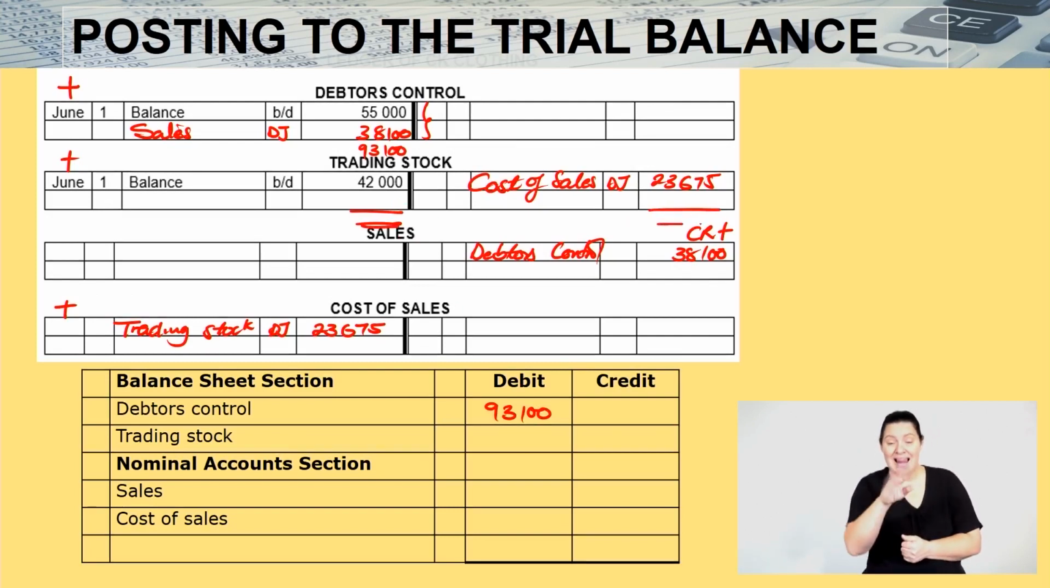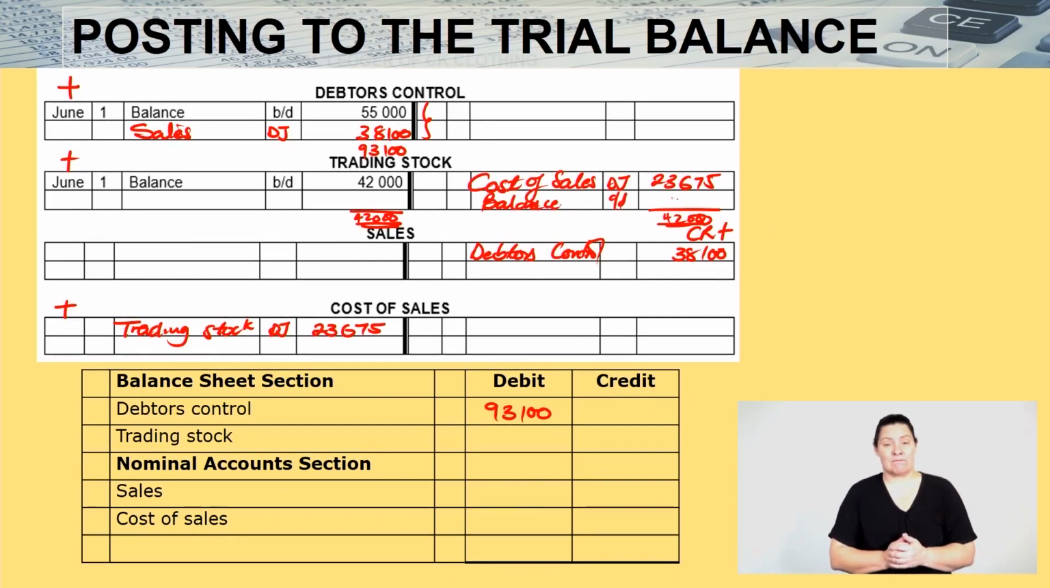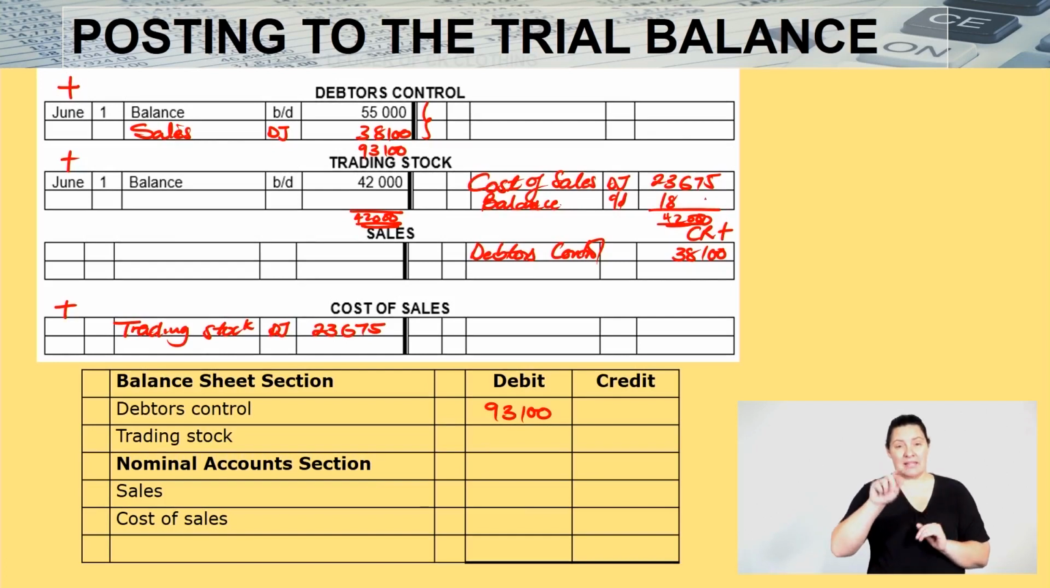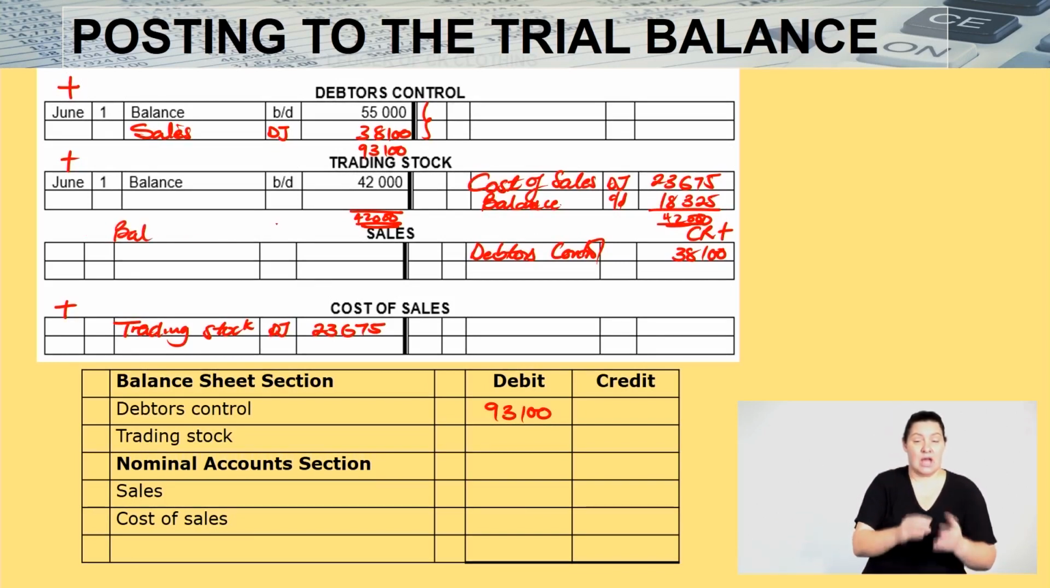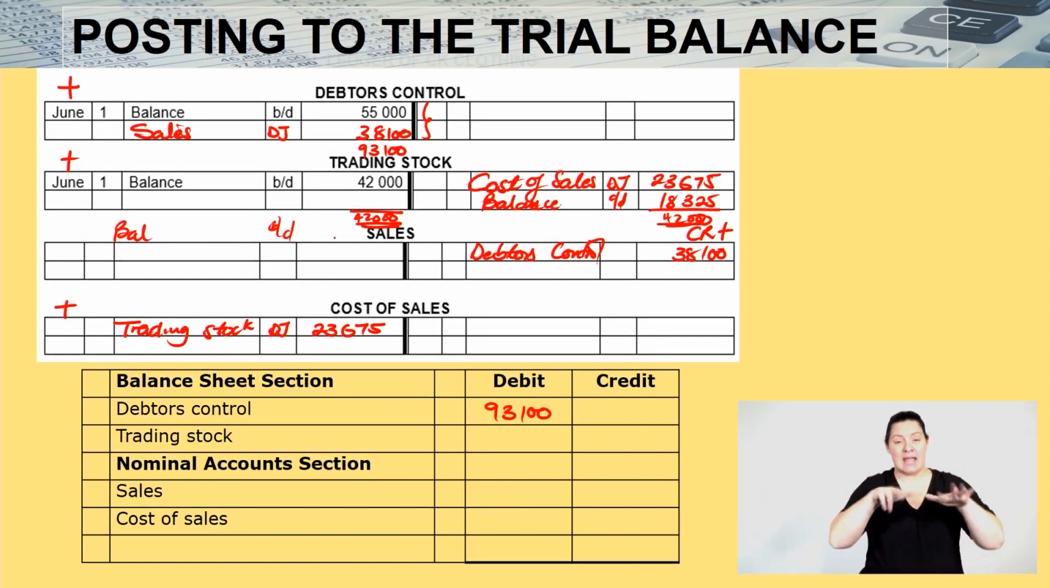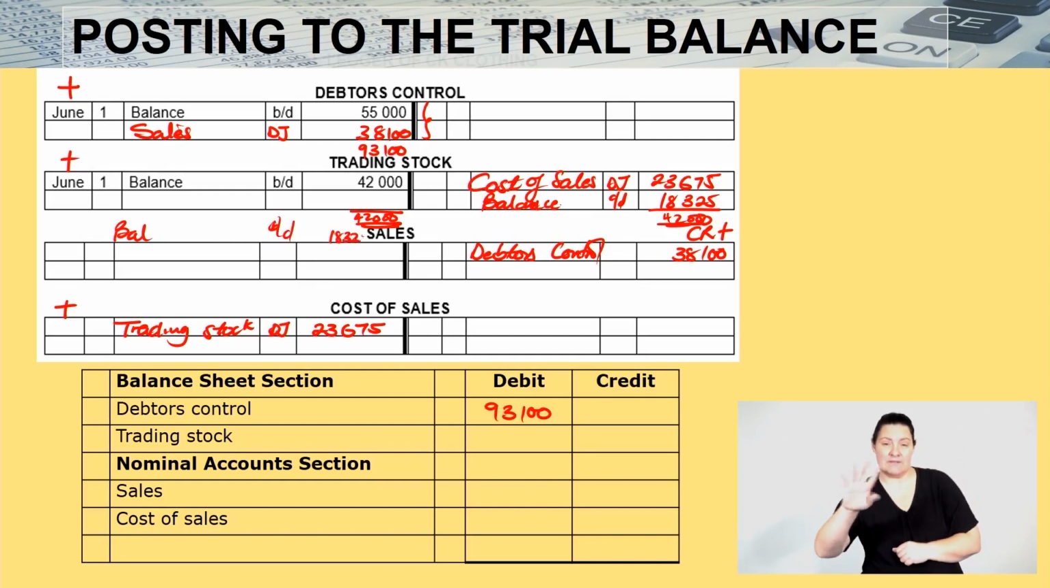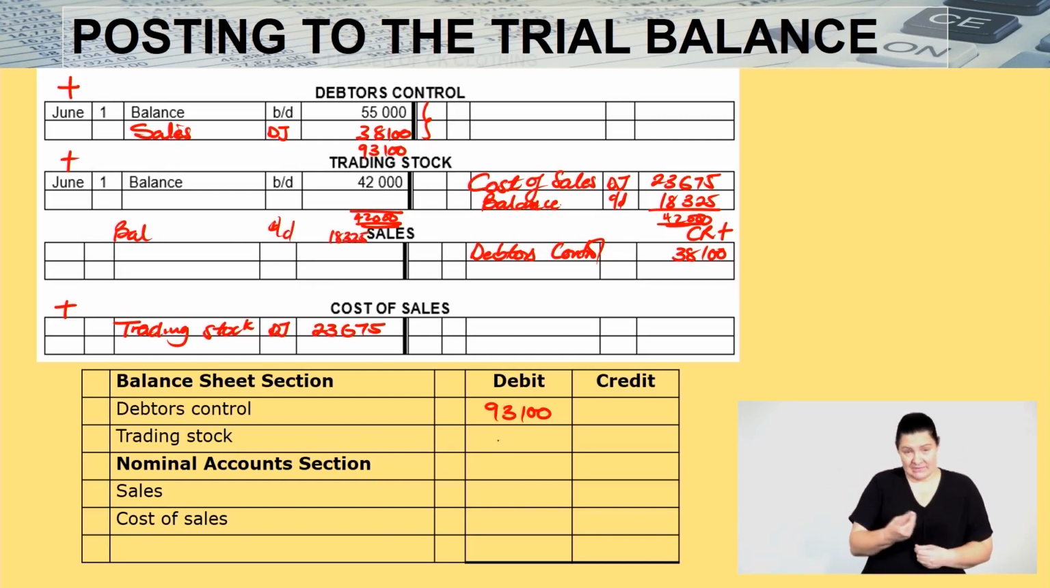Remember, it's a ledger account, so you're going to get 42,000 here, and you're going to get another 42,000 here. So the balance that is going to be carried down here becomes 18,325, which then becomes your balance brought down here, 18,325. When you have that, you bring it here now,